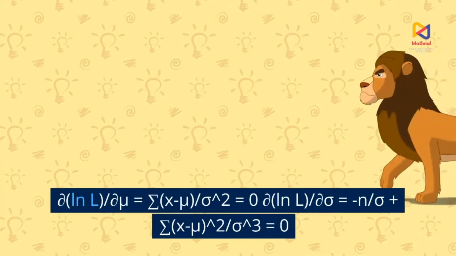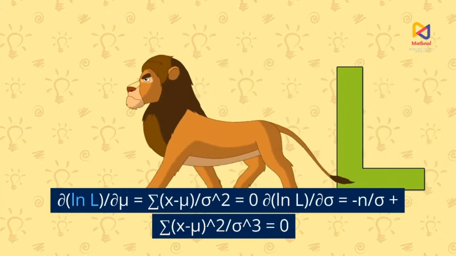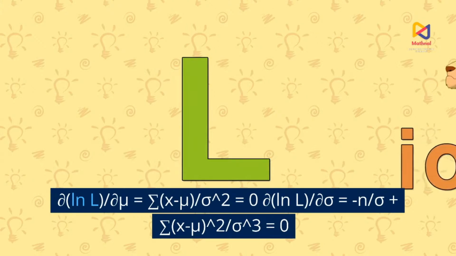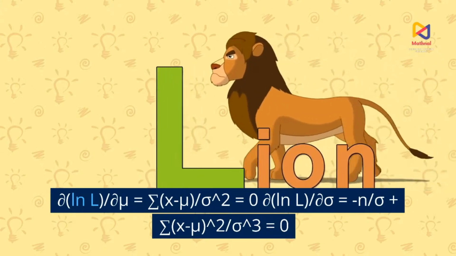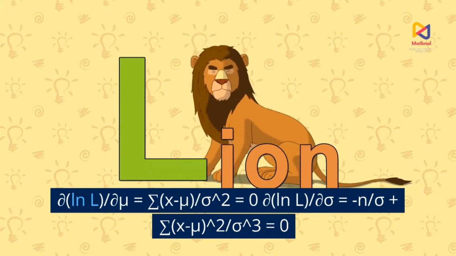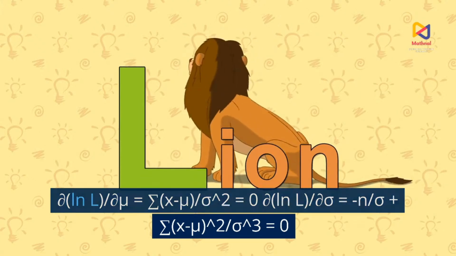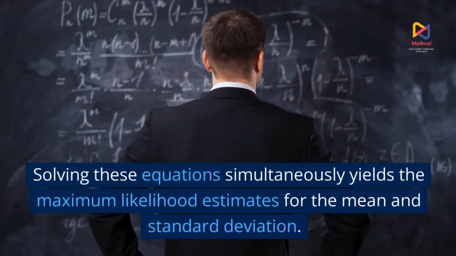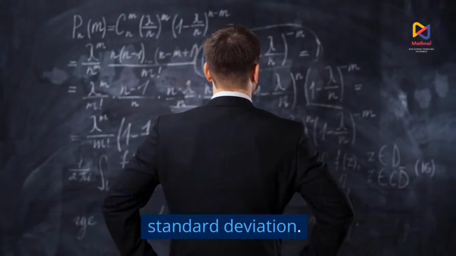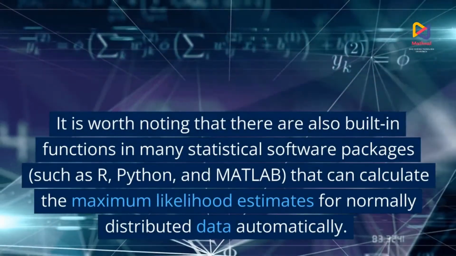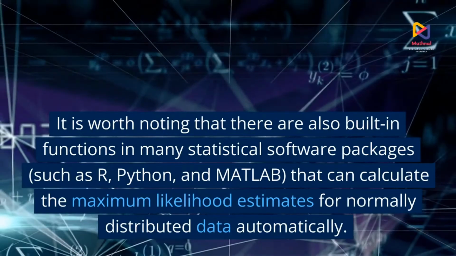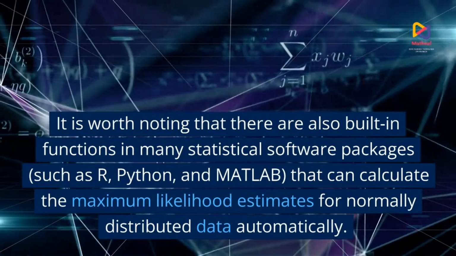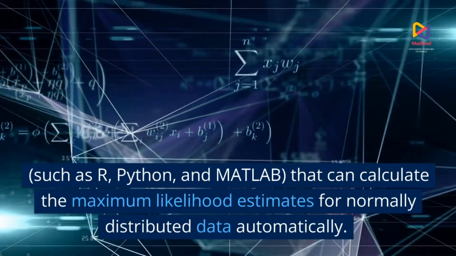The partial derivative of ln L with respect to mu equals the summation of (x minus mu) over sigma squared, which equals 0. The partial derivative of ln L with respect to sigma equals minus n over sigma plus the summation of (x minus mu) squared over sigma cubed, which equals 0. Solving these equations simultaneously yields the maximum likelihood estimates for the mean and standard deviation. It is worth noting that there are also built-in functions in many statistical software packages, such as R, Python, and MATLAB, that can calculate the maximum likelihood estimates for normally distributed